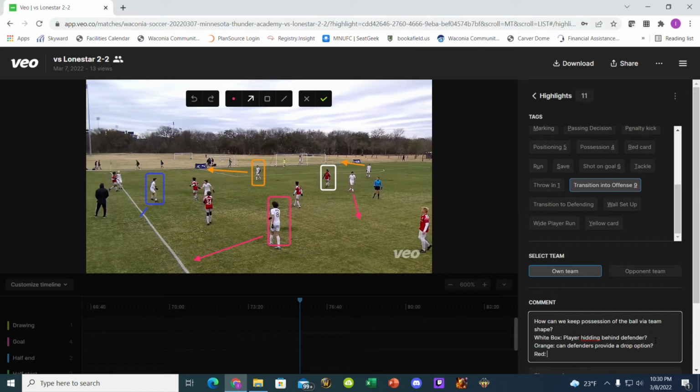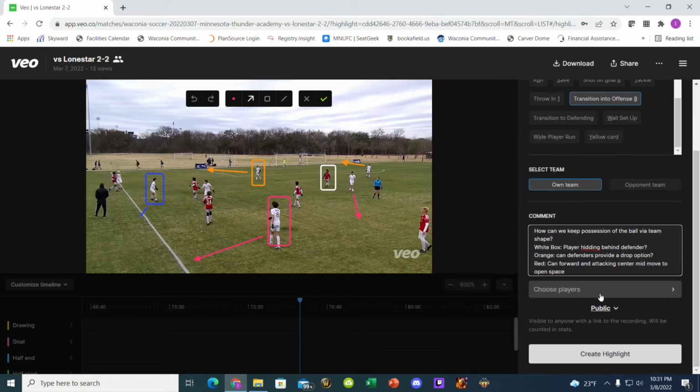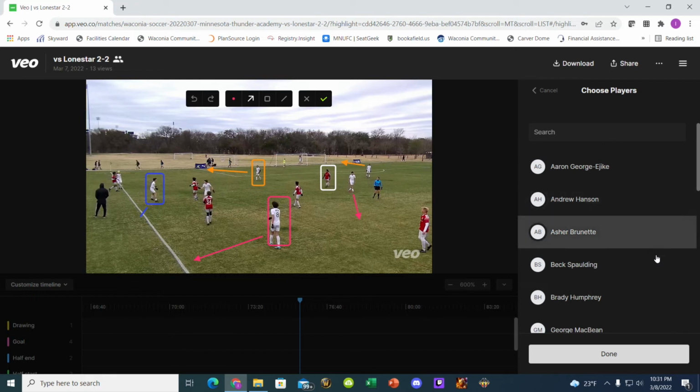Red, can forward and attacking center mid, move to open space? Right? So once I do that, I can also tag players that are involved in the play, right? So in this case, can I tag,